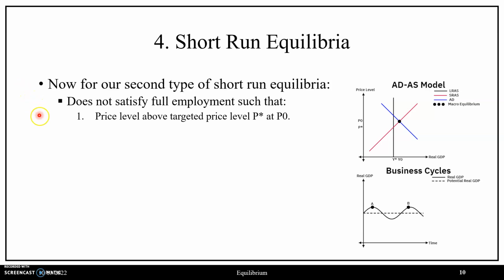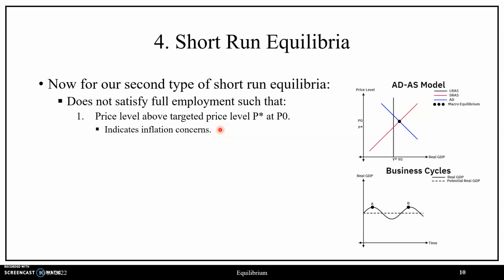In this variant, we'll be looking at price stability failing, and this will correspond to a peak with respect to business cycles, where to indicate price stability failing, it'll be the case that the macro equilibrium is at a price level above the targeted price level P star, where if we were to take the difference between P star and P0, there would be a positive number, where to look at this, we can see in our ADAS model, macro equilibrium occurs at the intersection of aggregate demand and short-run aggregate supply, yielding the real GDP level Y0 and the price level P0, where P0 is above P star, where this is going to be our indication of inflation concerns or